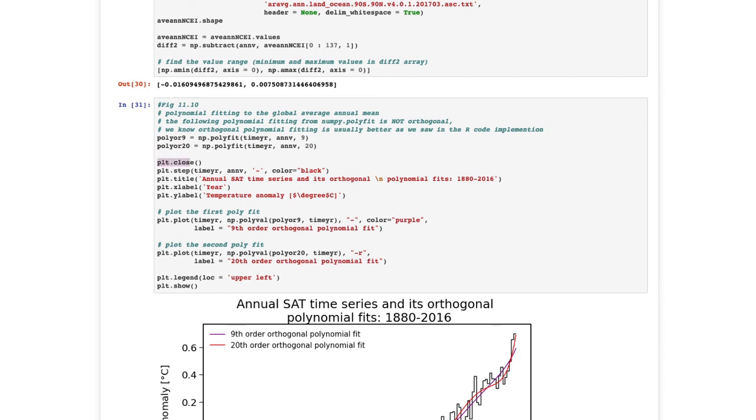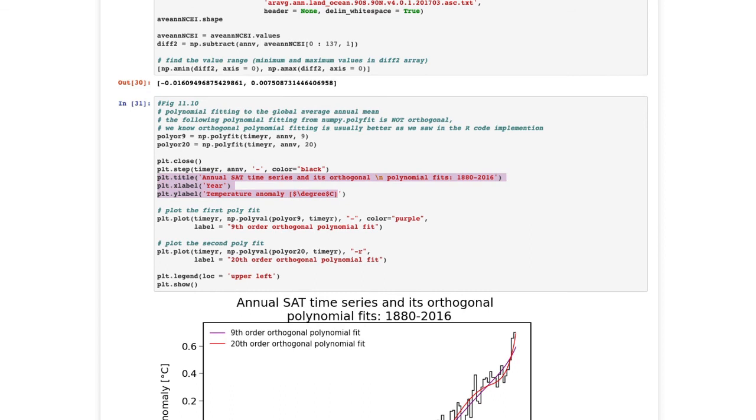Making sure that plot is closed with that plt.close, we're going to use our step function to plot our actual data. Add our title, X label, and Y label to our plot. And now we are going to plot our first polynomial fit. We are accessing that plt.plot function, and we are using the time year as our X,